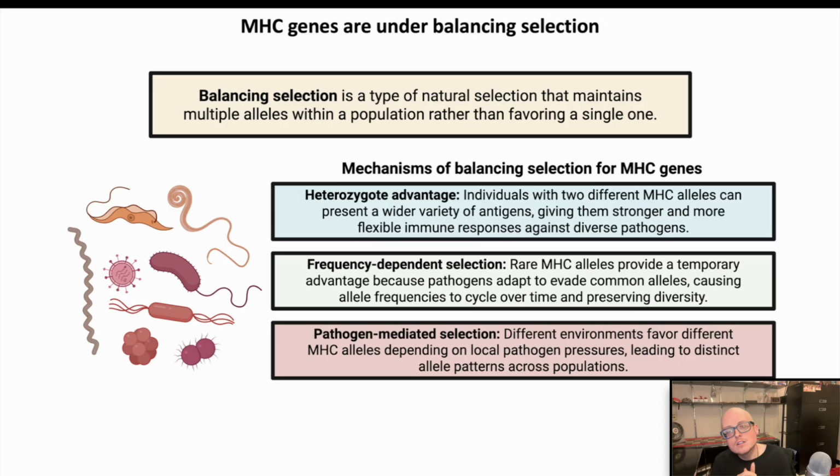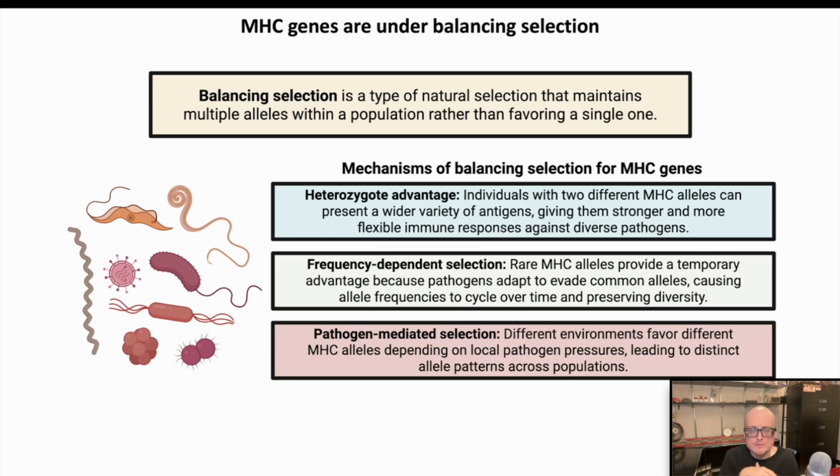Finally, there's an idea called pathogen-mediated selection, which obviously is going to be very important for MHC, which is that different environments are going to have different pathogen loads, different pathogen environments, which are going to shape which alleles are most adaptive in any given geographical location and any given point in time, because across geography and across time, different pathogens are going to exist, and they are all going to have their own evolutionary pressures and histories. And so